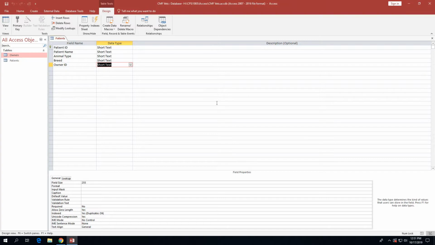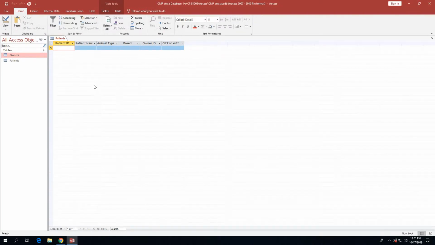Alright, so we've done the first step in creating a table, which is creating the table structure, also called defining the fields. And now we're ready to actually populate the patient's table. In other words, enter the records into the fields. To do this, we're going to click the View button on the left side of the Table Tools Design tab up on the ribbon, and that'll toggle us over to the datasheet view of